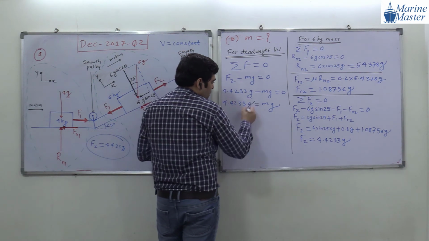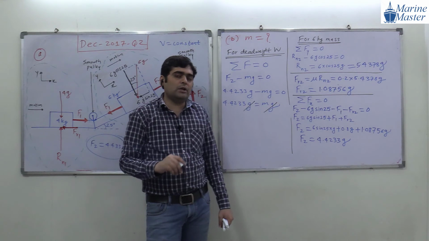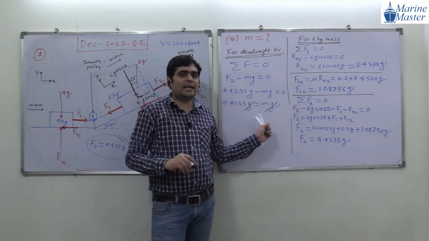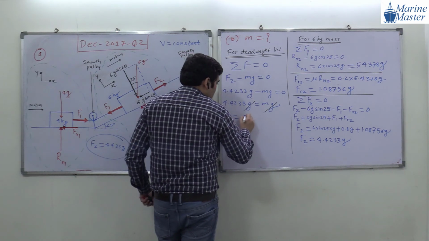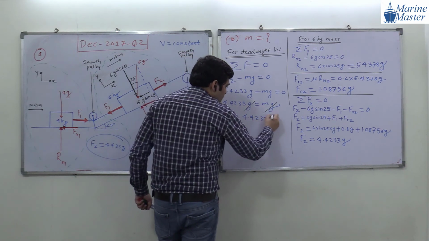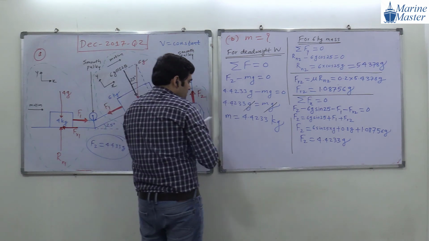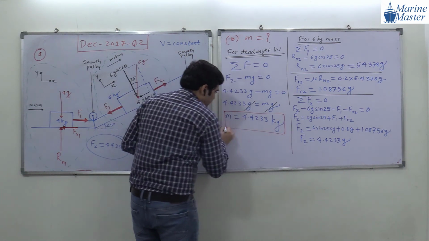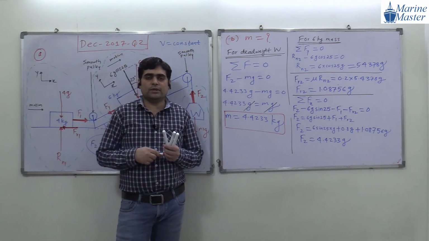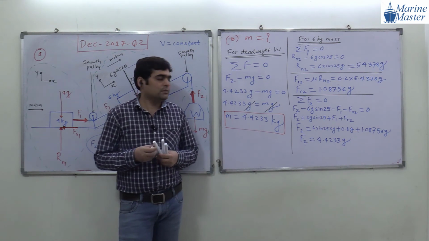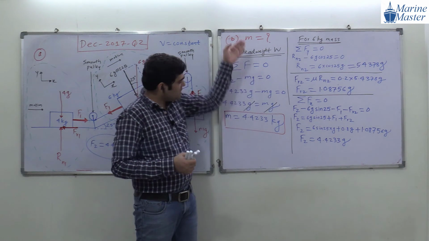Okay guys, are you getting my point? Why have we not used the direct value of G? Because at the end we want to cancel that G. So what will be the value of mass here? 4.4233, and the unit is kilogram. So this will be our answer for B part, guys. Any doubt in this B part? Everyone is getting my point? Okay, good. Please everyone write down this only. We have already written, just write down this thing.